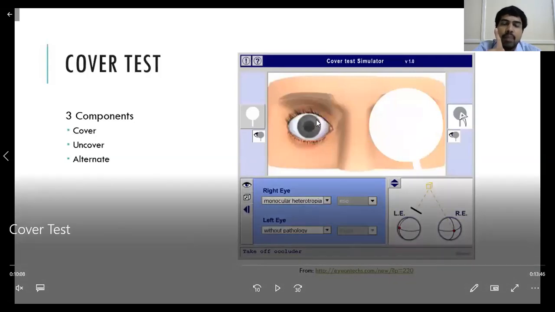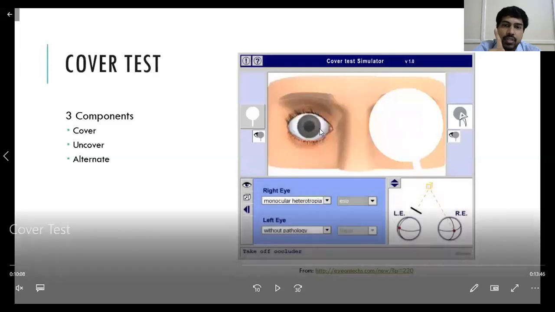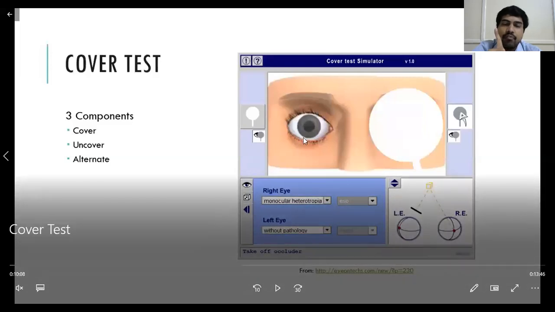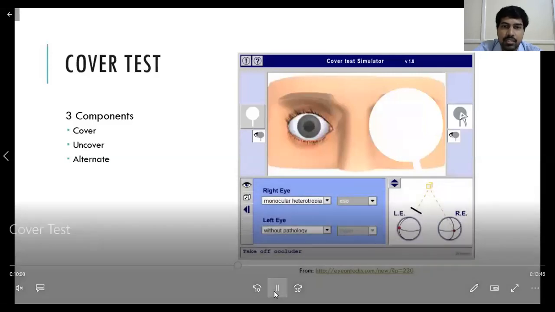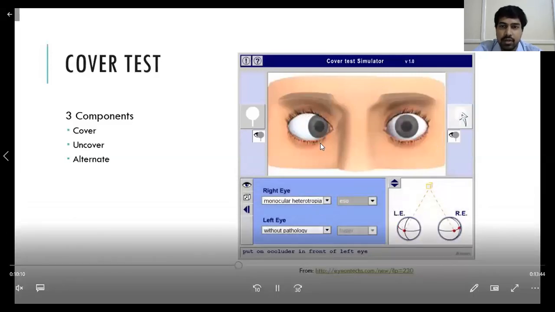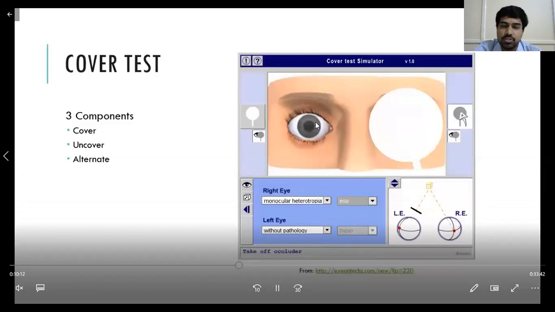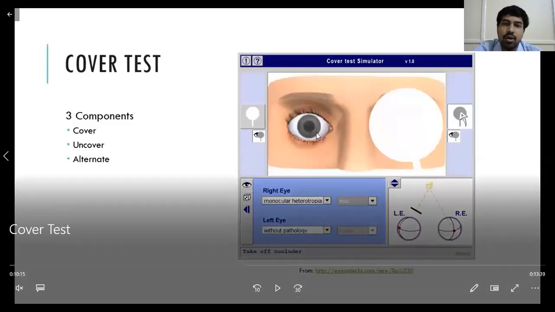The second thing is, this is not a paralytic squint. If it were a paralytic squint, suppose the right lateral rectus muscle has been paralyzed, this eyeball won't take up fixation. That means this is a concomitant squint. That is, it is not a paralytic squint. There is no paralysis of these muscles, and the vision is also good in this particular eye. So this is the inference you draw from your cover test. From the cover test, you can know that it is a heterotropia, and you can also know that vision is good in this eye. This eye has not gone into amblyopia. So even if you do some surgery or give some spectacles, there are chances that you can get some vision.